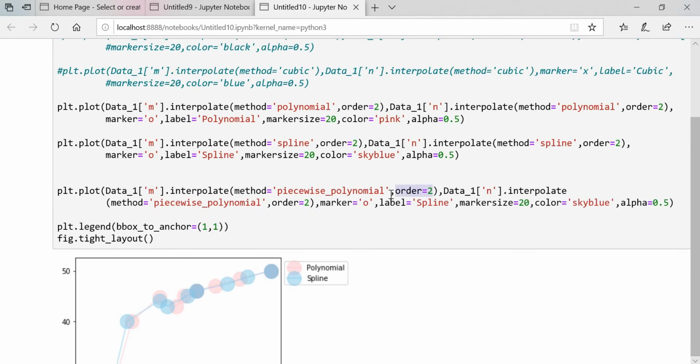Here order is not needed. I will remove order from here as well. Once you execute, I will change the color as well. Let's say brown.